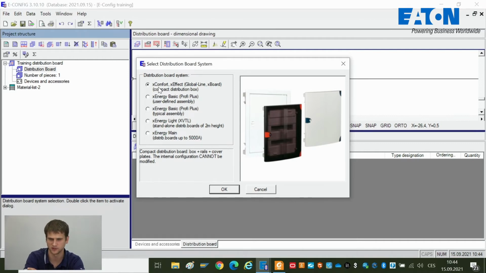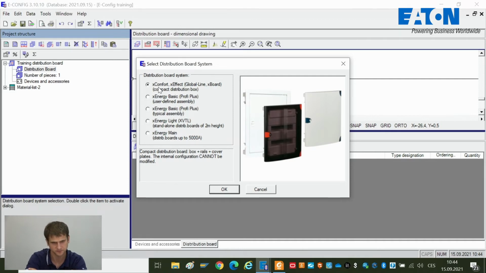They are equipped with DIN rails and are used for mounting of modular devices. Let's say the maximum current for this distribution board system is up to 160 amps, and the maximum capacity is up to 198